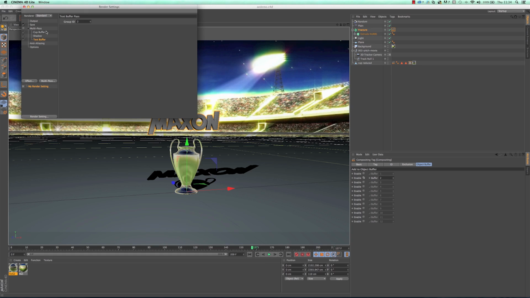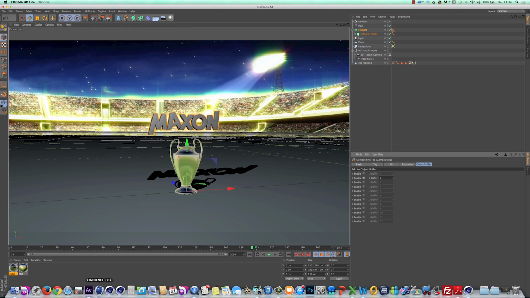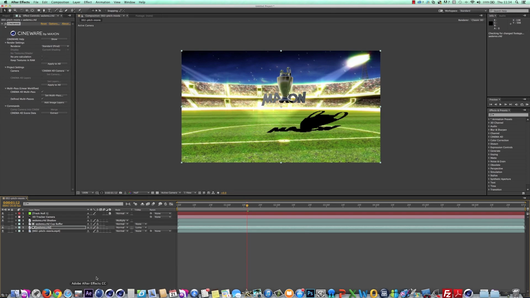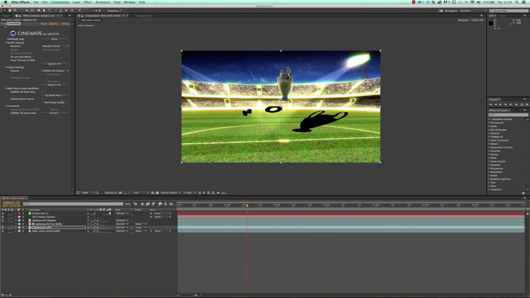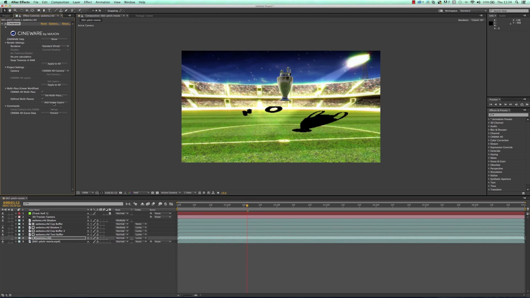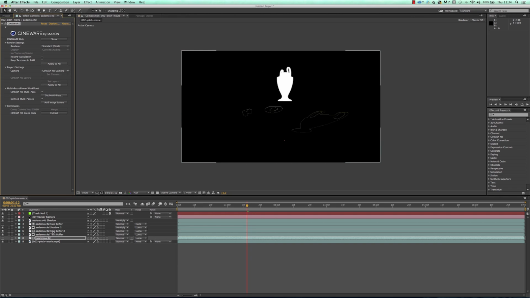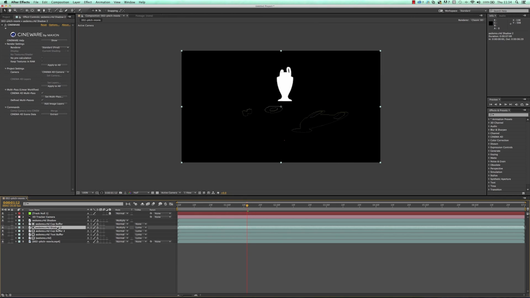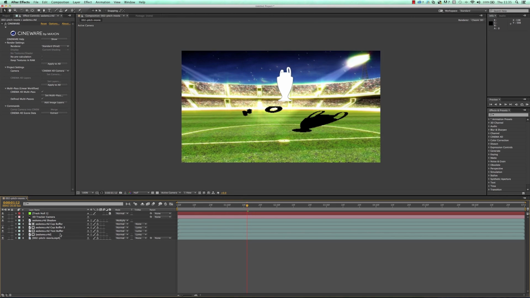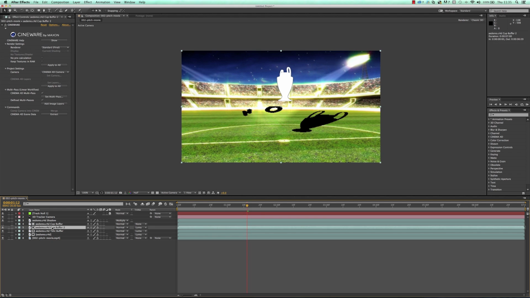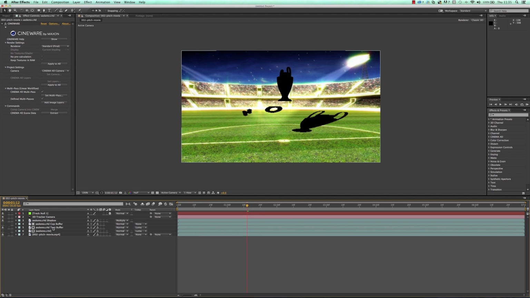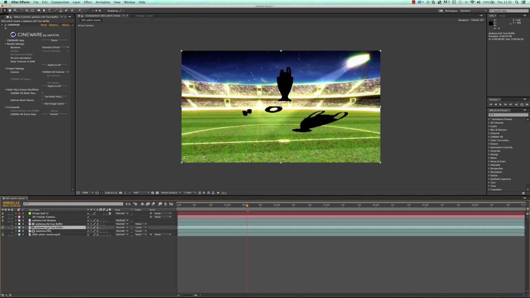Okay, so I need to remember to save, and then I will go to After Effects, and let's just see if we can get this working nicely. So what we can do at this point is just go, give me more image layers, and you'll get some duplicates here. So I already had a shadow buffer, so I could say actually I don't need that one, I've already got one, and I could get rid of the cut buffer because I've already got a cut buffer, and I've got this new text buffer, and now I just need to play around a little bit just to set this up nicely.